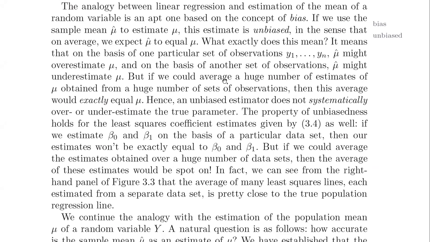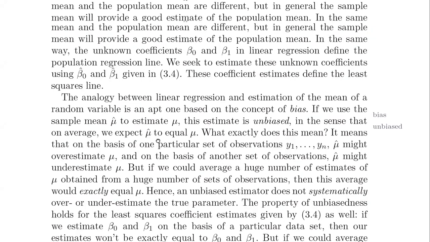The analogy between linear regression, which is what this whole chapter is about, and estimation of the mean of a random variable, which is basically what O-level, secondary school is about, is an apt one based on the concept of bias. If we use the sample mean mu naught hat to estimate mu, this estimate is unbiased in the sense that on average,